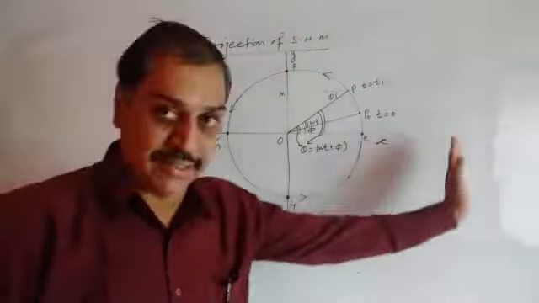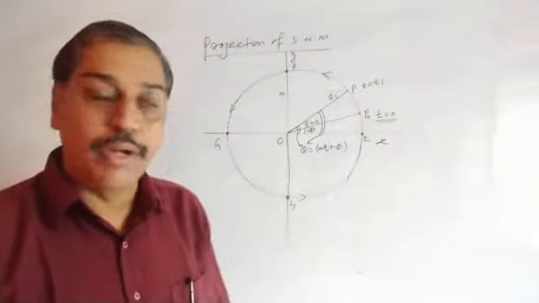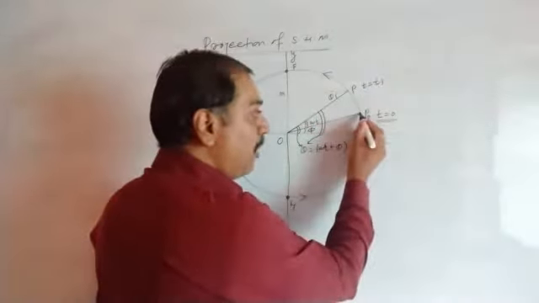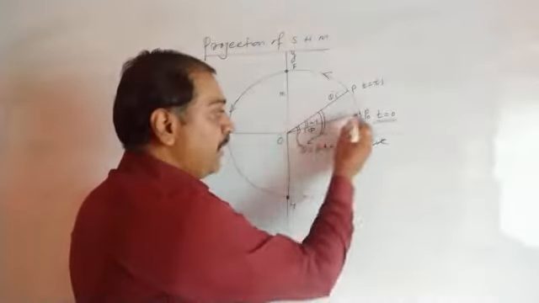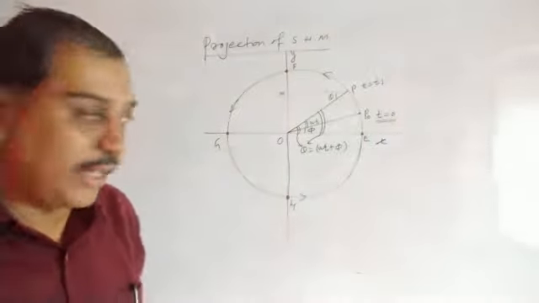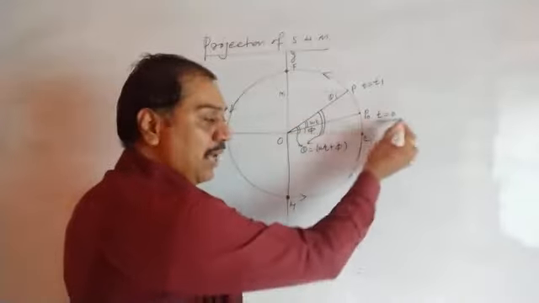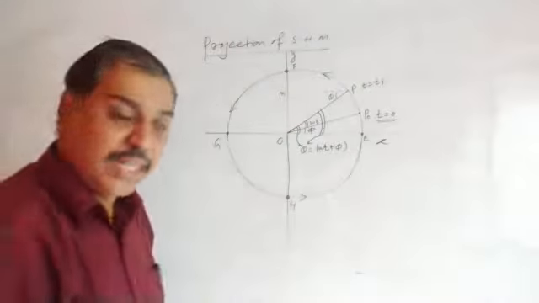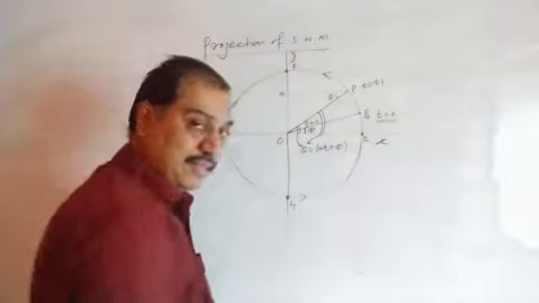Okay. Now initially, when we start counting the time t equal to 0, the particle is here at a point P0. And I have drawn this vector OP, the position vector, which will represent the position of the particle with respect to the origin. OP0 at time t equal to 0. Suppose it makes an angle phi with the x-axis.